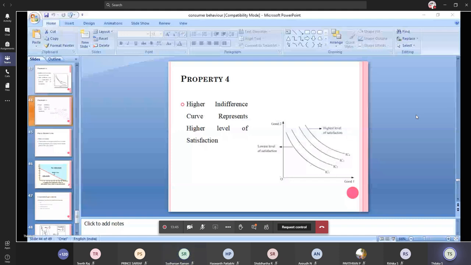In this diagram, we have 4 indifference curves, named IC1, 2, 3, and 4. The curve nearest to the origin, IC1, gives the lowest level of satisfaction, because IC1 shows a combination of commodities which is lesser than the other indifference curves, IC2, 3, and 4. And likewise, the last one, IC4, gives the highest level of satisfaction. Out of these 4, IC4 has the highest level of satisfaction because it can contain more units of both commodities than the other 3 indifference curves. So as the indifference curve goes higher and higher to your right, it gives a higher level of satisfaction. Is it clear, guys?